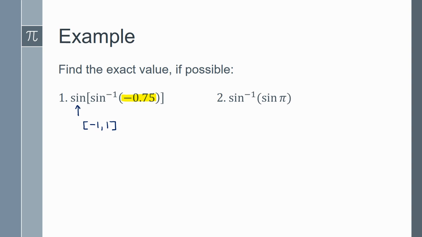That means because we're dealing with sine and inverse sine, those cancel out. So my final answer is just going to be that number. But once again, that's because I knew what interval to focus on and the number fell within it. So we're done. Okay, if I take a look at the next example, we have the inverse sine of sine